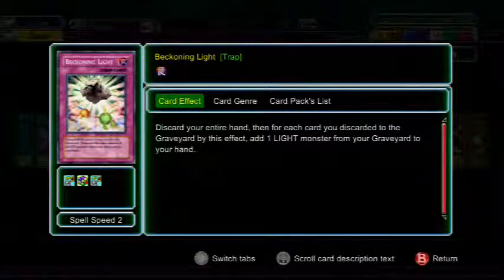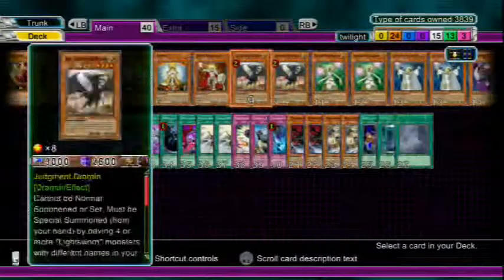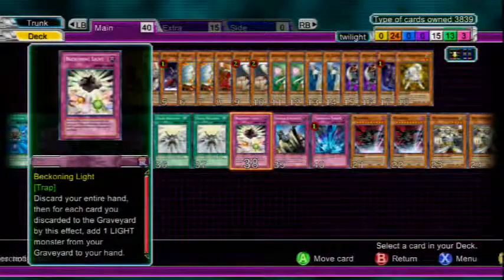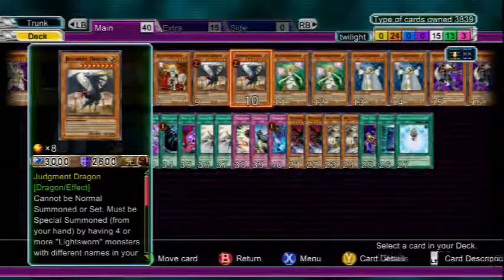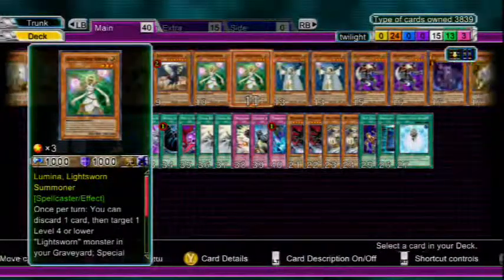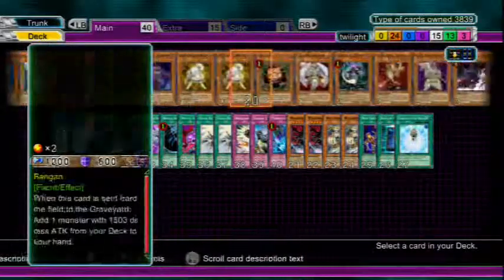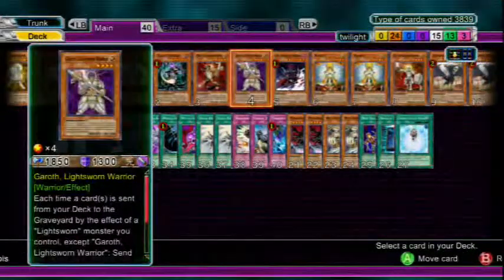1 Beckoning. So you discard your whole entire hand. Now you're like, why would I do that? So you discard your whole entire hand, and you add as many light monsters as up to the amount of cards you discarded. So you're obviously gonna add double JD. Usually you'll have 5 cards in hand if you're doing this. You go double JD. You go probably Lumina, Lila, 1 Raikou, 1 Celestia,